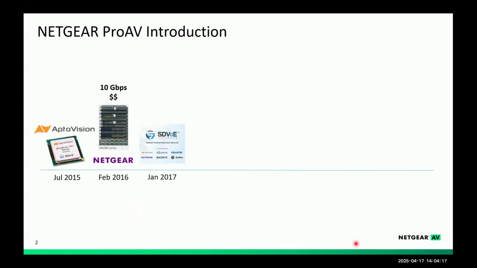This is important. We were part of the SDVOE. We joined this alliance, and we were part with several other manufacturers, and we helped promote AV over IP in the industry. And this was the first group that started that to help get that moving. 2019, we have IGMP Plus. This is one of our features that sets us apart from the competition. And Alex will talk about it, I think, later in the slides in a little bit of detail.